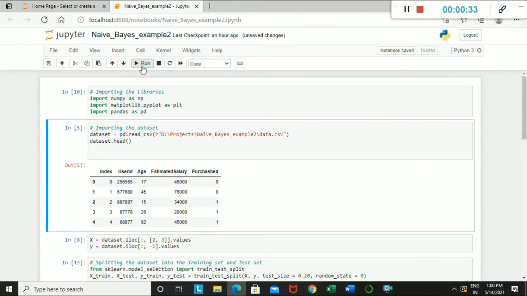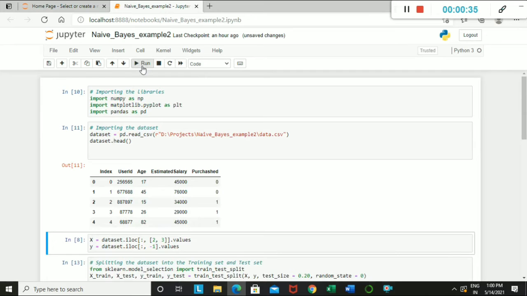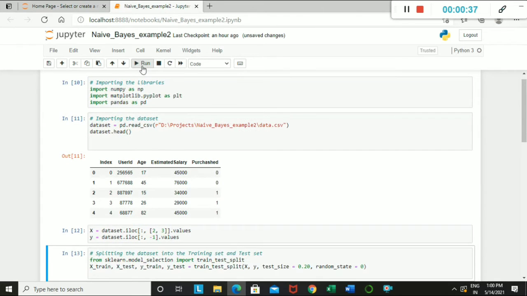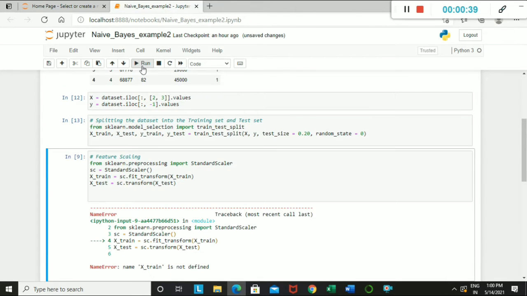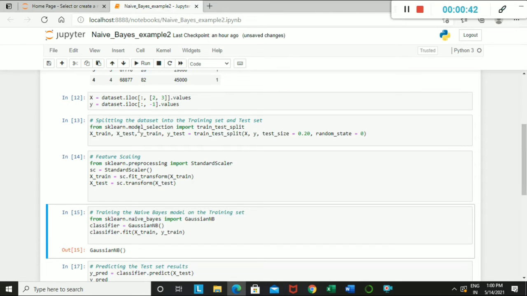So first we imported the header files, then we printed our first five entries, then we divided the dataset into training and testing, and then we trained the model on Xtrain. Now we are using the Naive Bayes model for training. We will train on Xtrain and Ytrain, which are our training data set, and apply the Naive Bayes algorithm, which is the Gaussian Naive Bayes algorithm.